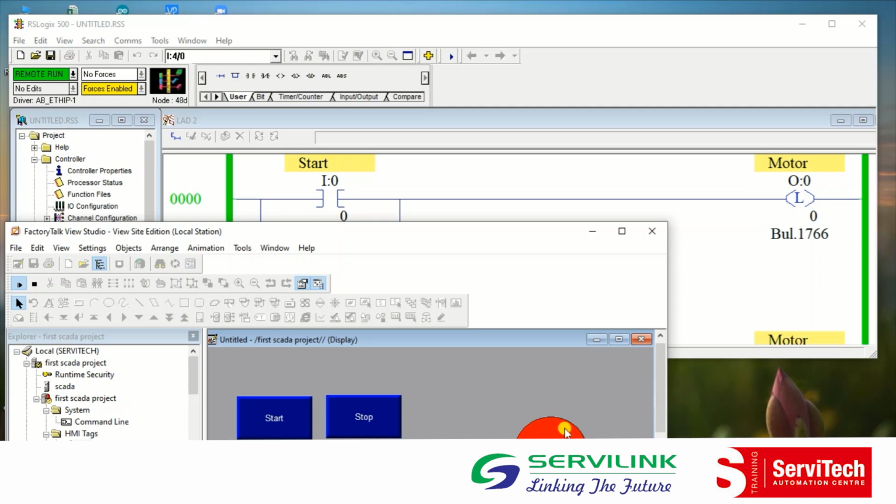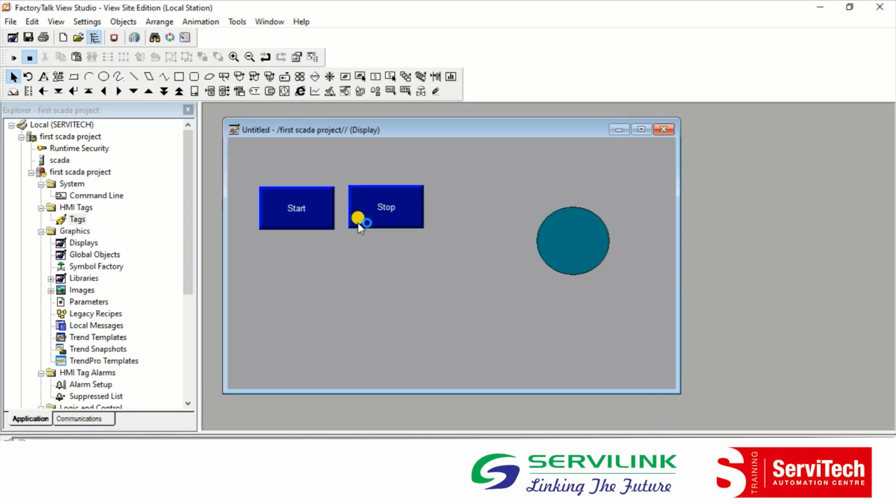So from the SCADA, visualization is very easy. So like this, we can connect our software with the PLC, and further animation properties and animation